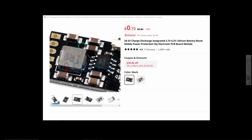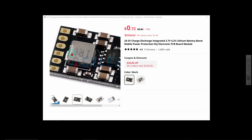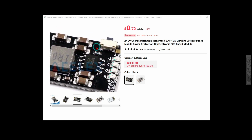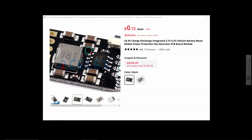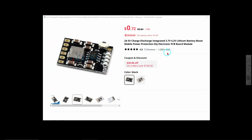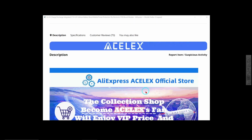So this is the other little board that we have there, and what has had me fooled is, you see when you look at these pictures here, got a chip on there that says MHCD42, but that's not the chip that's on there. The same goes for the other one. Anyway, it says 2 amp, 5 volts, charge, discharge, integrated, 3.4 volts, lithium battery, boost, mobile, power protection, and so on. So I thought I would give it a go,